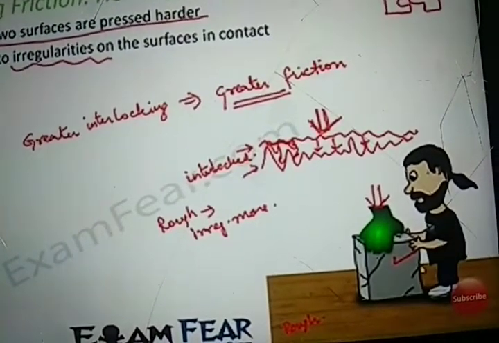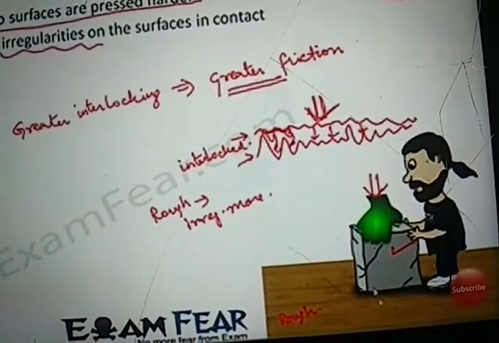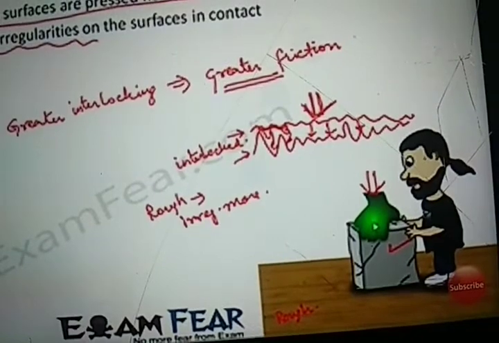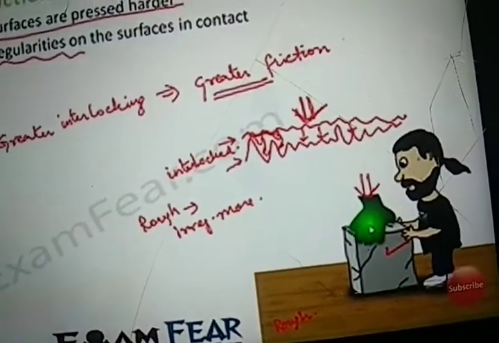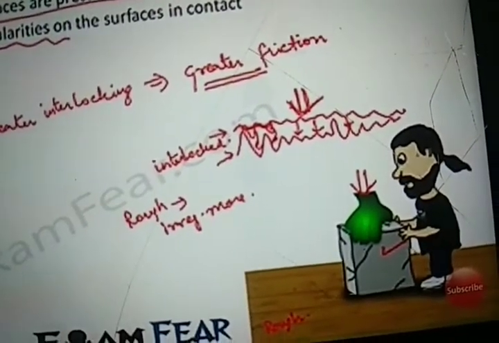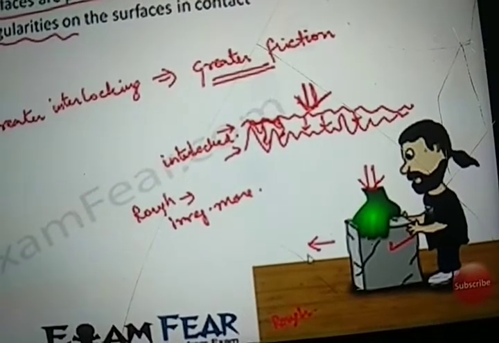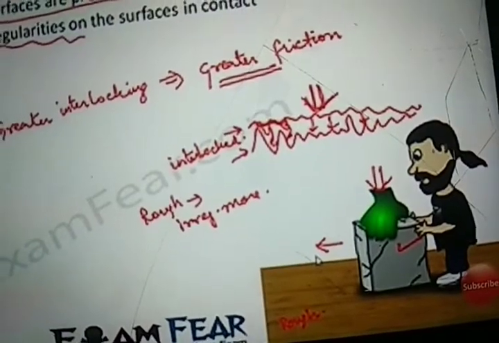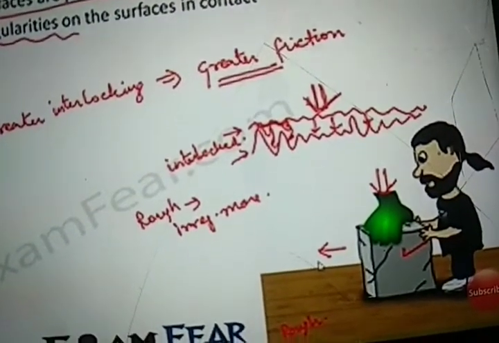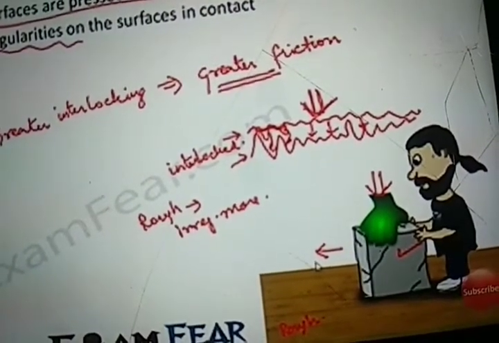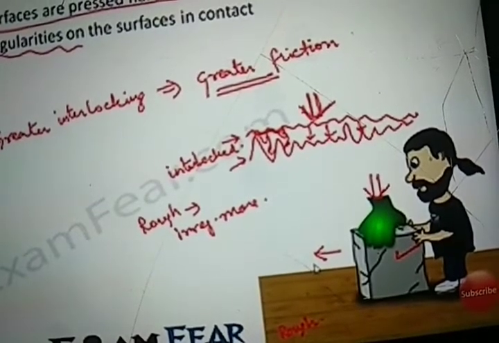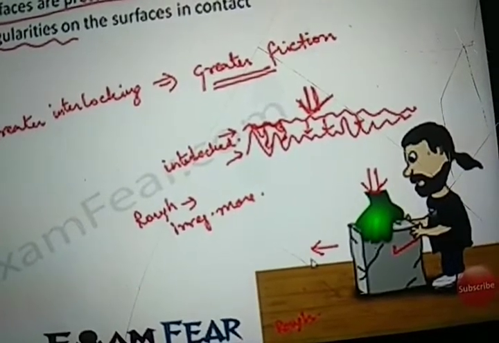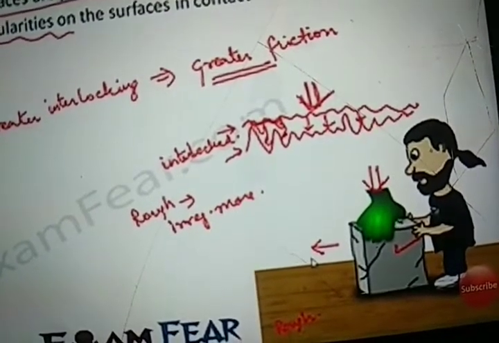So in this case, you can imagine that if you're trying to move the same box and somebody is trying to press it from above, then it becomes more difficult to move that box in this direction. You really need to apply more force. So this is how the factor of how tightly or how loosely the surfaces are pressed to each other also determines how much friction the surfaces exert.